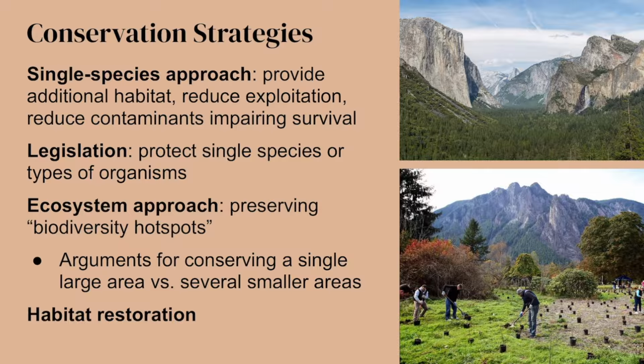The first one is a single species approach. This is when a population of a species has dropped to extremely low numbers. The remaining individuals might be captured and brought into captivity to be bred and returned to the wild. Also, when you're focused on a single species, you may try to provide additional habitat for that species, or impart a law that is specific to that species that said it cannot be hunted anymore, or reduce contaminants that impair